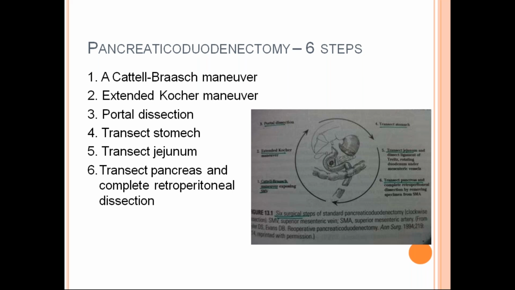Next is extended Kocher maneuver. In Kocher maneuver, we usually mobilize the duodenum and all the peritoneal attachments to the duodenum are removed. In extended Kocher maneuver, it is extended, so that beneath that the vessels, that is IVC and all, can be